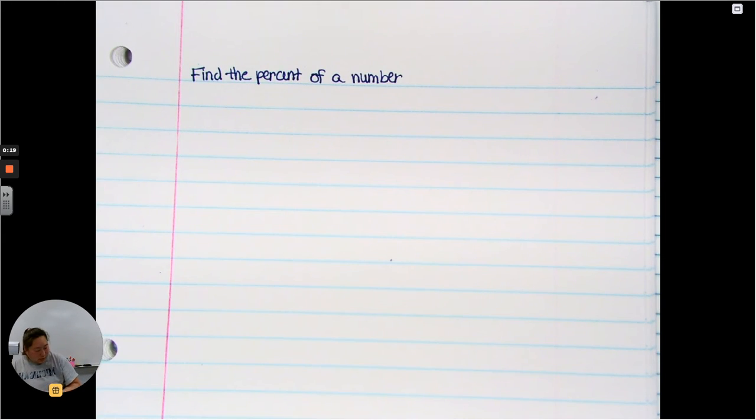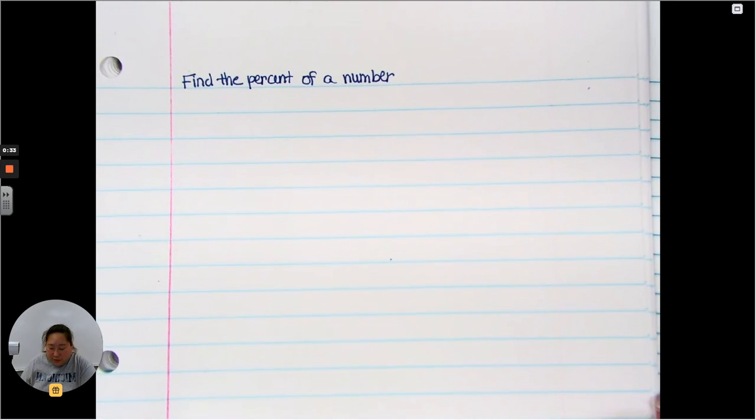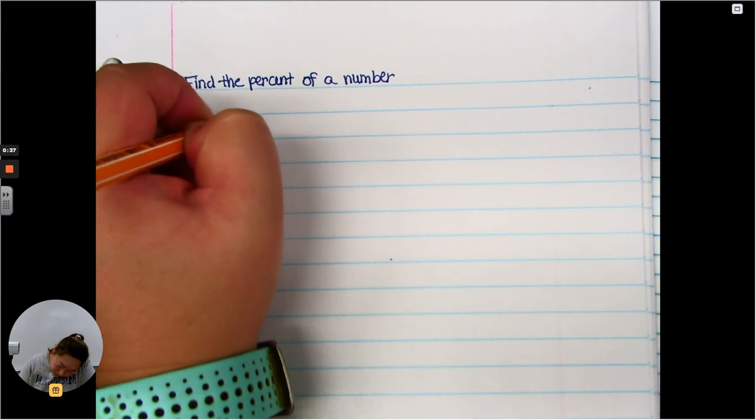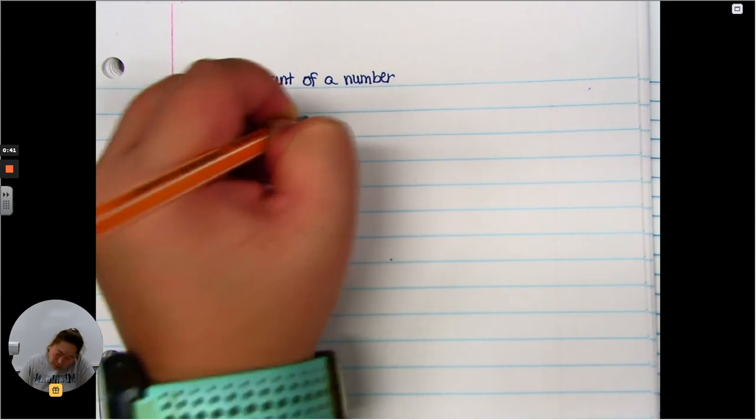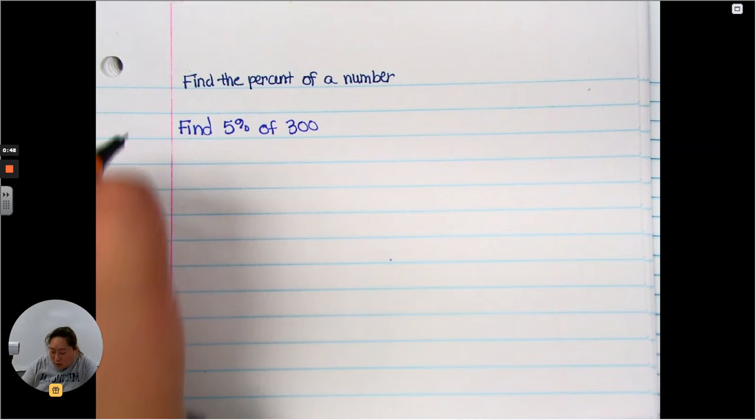Okay. So one of the first things I want us to remember is that when we are talking about percent, it is per 100. So that's just percent, per 100. So, for example, we might have: find 5% of 300. So what they're asking us to do, well, there are a couple different ways we can do this. So, way one,